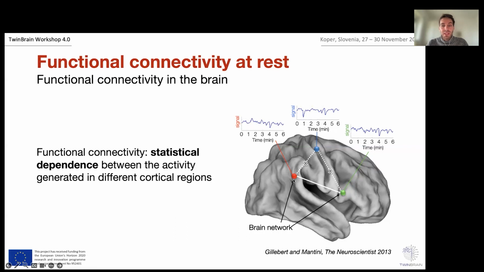For example, in this case, you can see the signal that we record from the region of interest in red, and another one from the region in green. We can see that there are similarities between these two signals, so they will show a high correlation. When we have a high correlation, we can define a brain network: two areas that communicate in a privileged manner. The signal from the region of interest in blue doesn't have a strong correlation, therefore it doesn't belong to